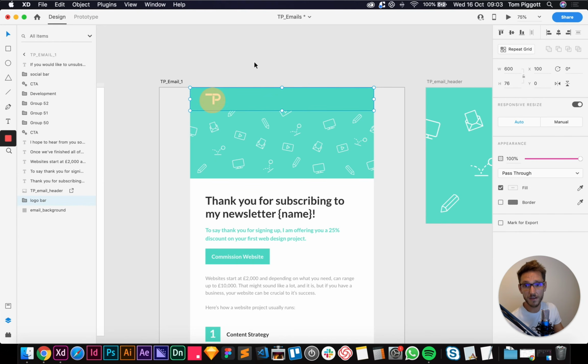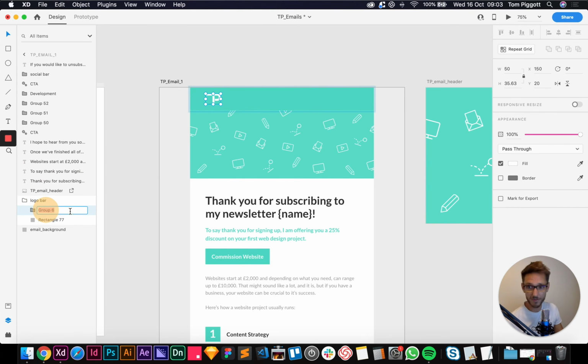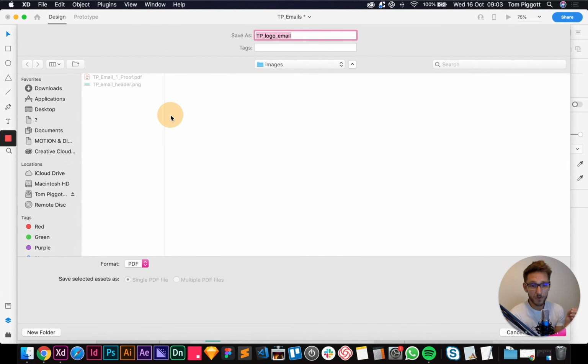So we need our logo. So what I would do is here, see this is groups. I could either ungroup it, or I can double click to come in here. This is called group 6, so that's bad, isn't it? So I could highlight this and call it TP logo email. Now with that selected, I can file, export selected, and as you might recall, we've said Retina screens require images to be 2 times the size. I want this to be in PNG because I want it to have a transparent background. And if I have this export for design selected, you can see it's going to export at 1 time.